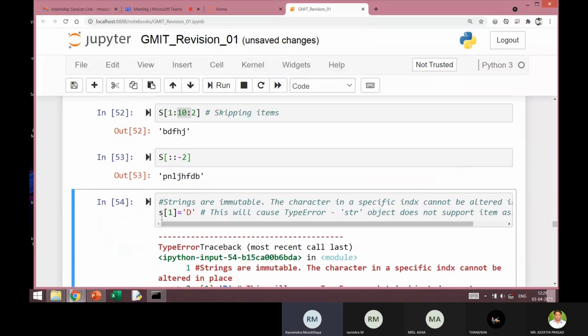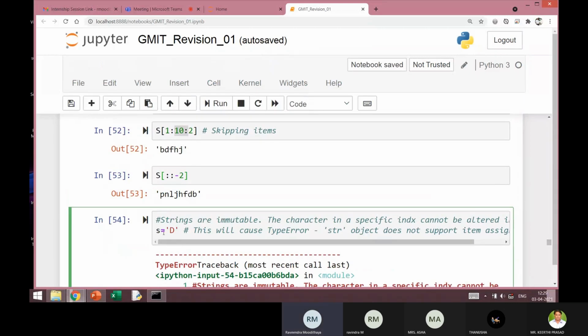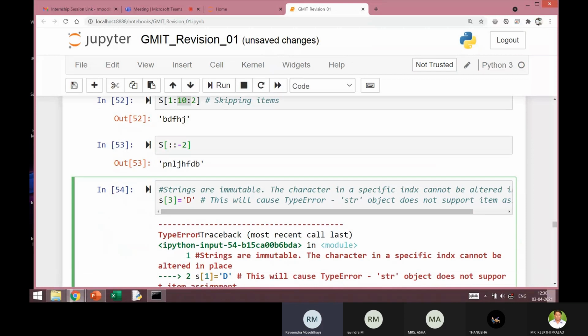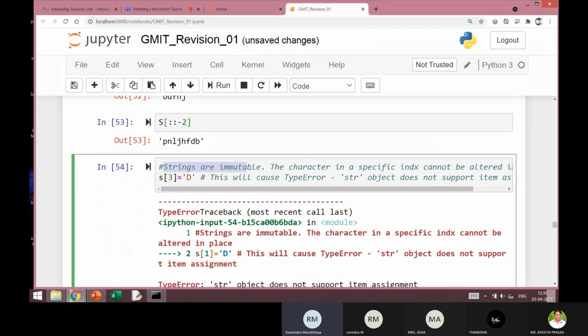In fact, I can write s = 'd' here. I can give a new value for the entire string. That is fine, but I cannot change any part of the string. For example, s[3] = ... will cause an error because strings are immutable.